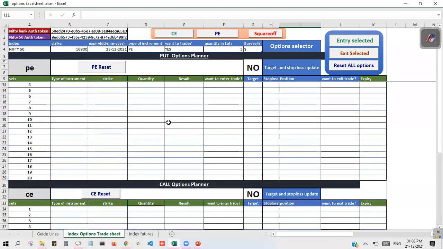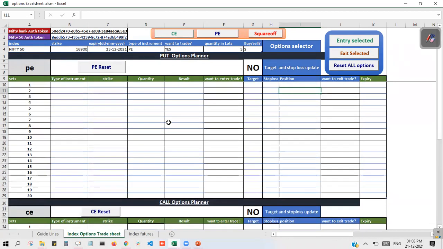If you want to square off everything, we need to click the square off button. This will lead to the universal exit in the deployment. This is how you can exit the whole strategy at a time. If you click the square off button, you will have 2 deployments, one for Nifty 50 and one for Nifty Bank. As soon as you click square off, both deployments will be exited.